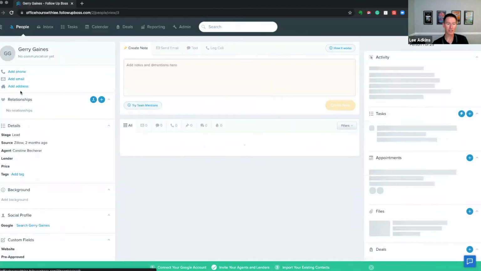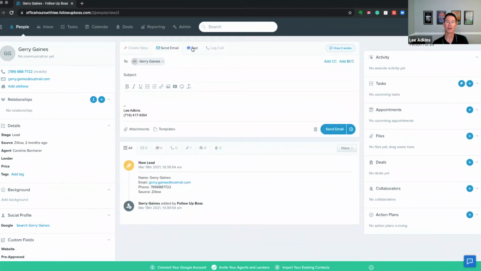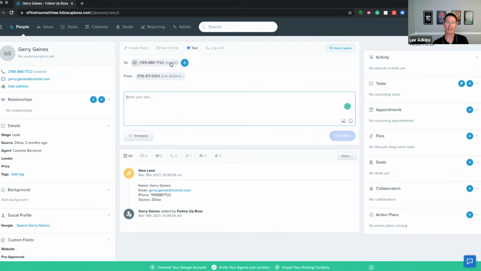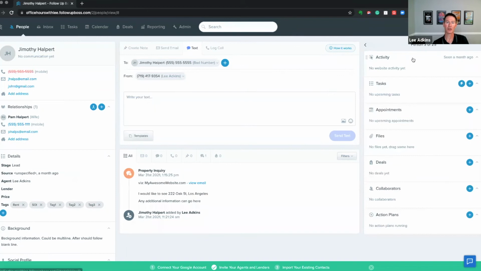Another, again, quick pro tip. If you click on the first person, you can also toggle through all the contacts here. So if you were going to send an email or send an email template or send a text, you could do that here and then just scroll to the next one, send another template or paste the text, go to the next person. Really easy to toggle through. I mean, you could seriously hit 100 people here in a couple of minutes if you were doing this well, and if you had it all set up to work for you.